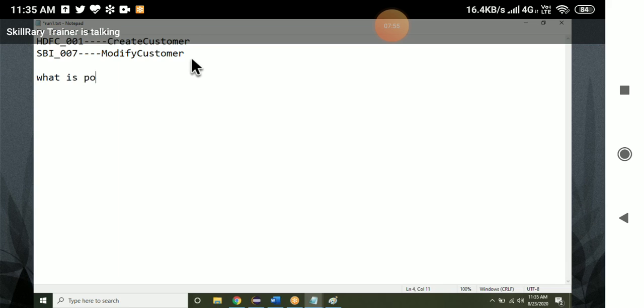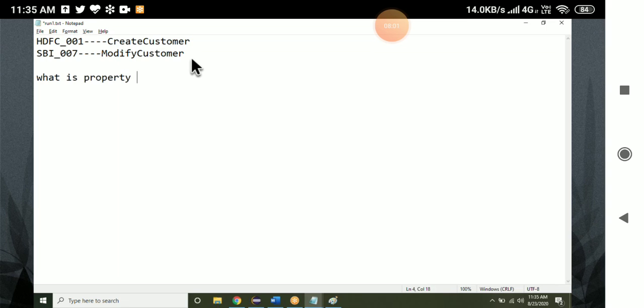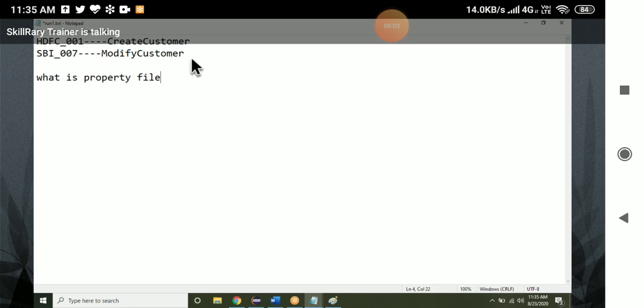What is a property file? How to create it? We'll see that, then how to read the data from the property file.